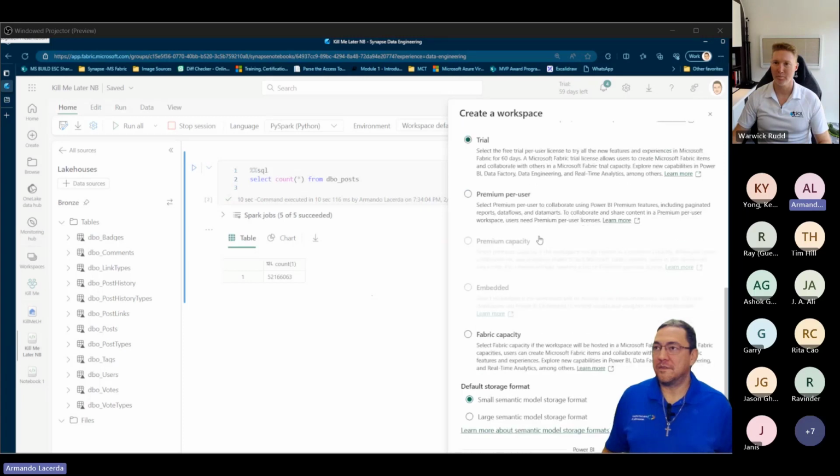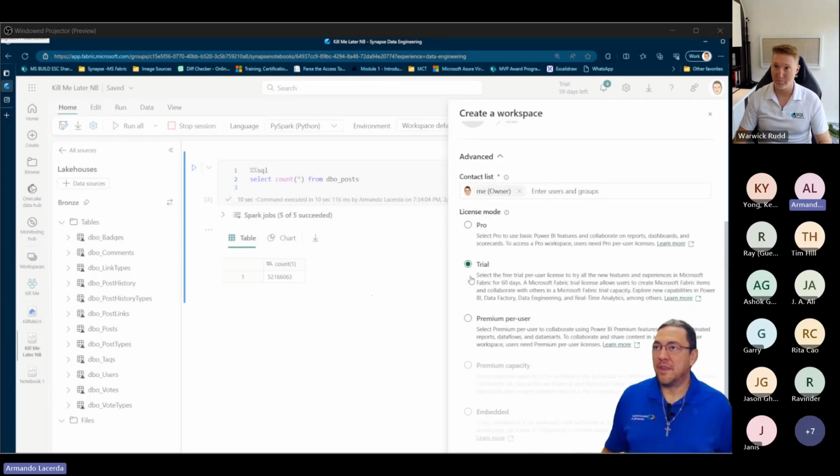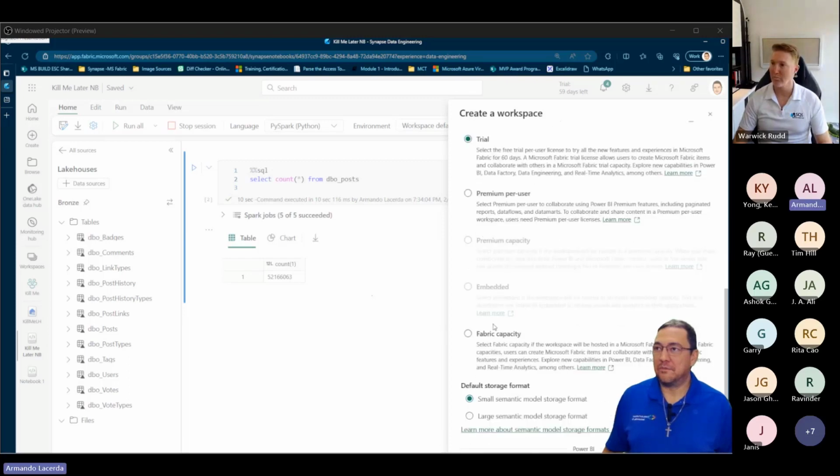And here, trial. So if I select trial, well, no, I should have been here in Fabric, and here there will be a trial. If I had the trial option here in Fabric, it would give me 60 days of an F64.